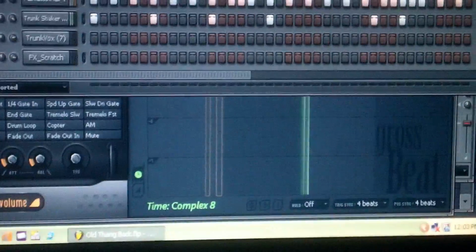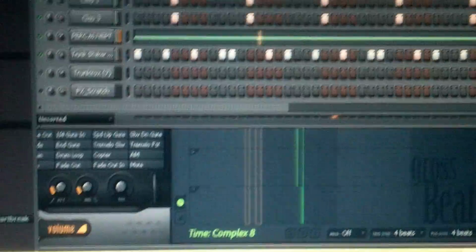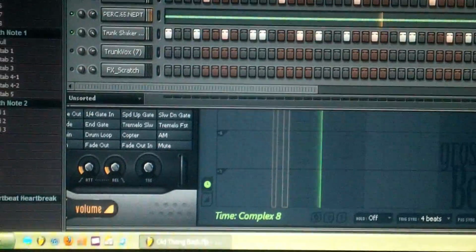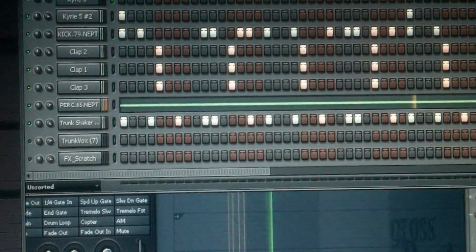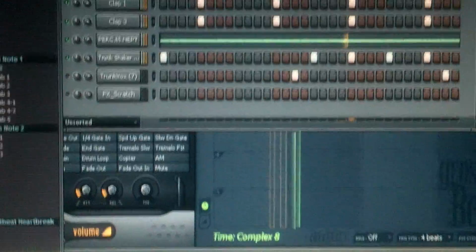Got my hi-hats. I can even change it up for the chorus. Then the switch up. Very poor transition that I did just now. But anyway, yeah,